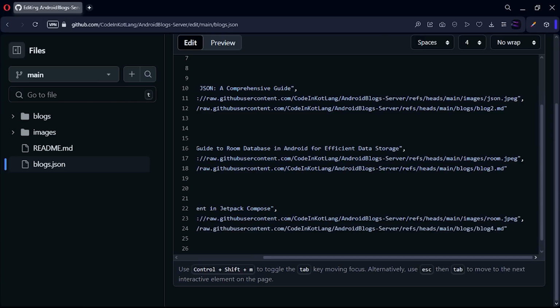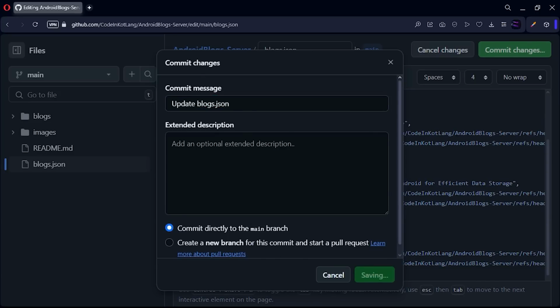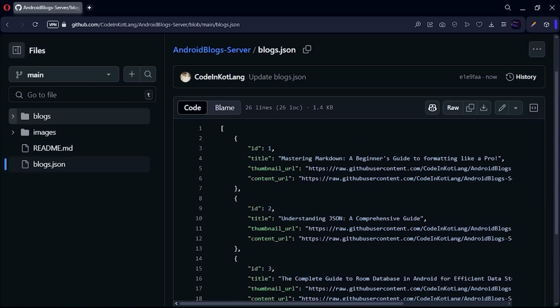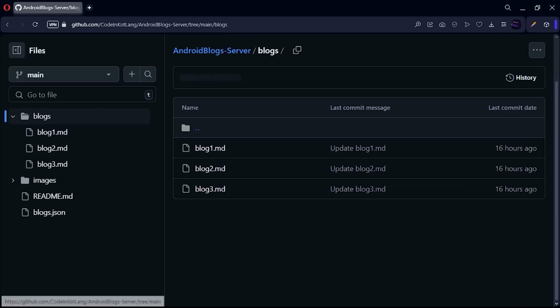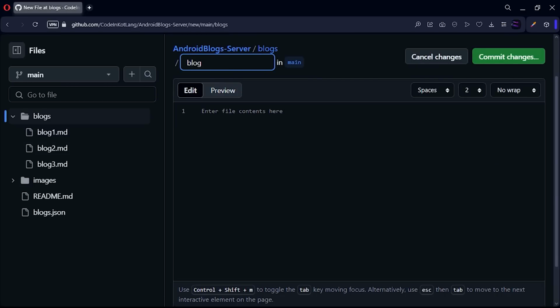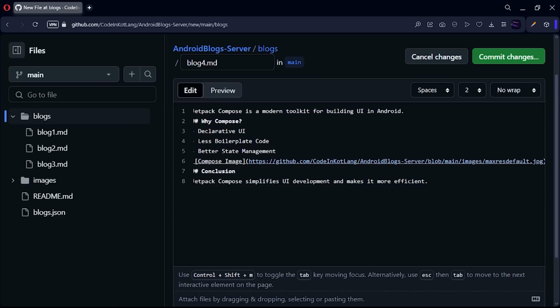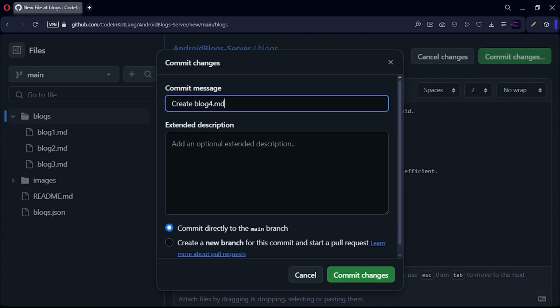For the thumbnail URL, let's just use this room image for now and commit this change and go to our blogs folder and create a new file with the name blog4. And here just use some dummy text and delete this line and commit the change